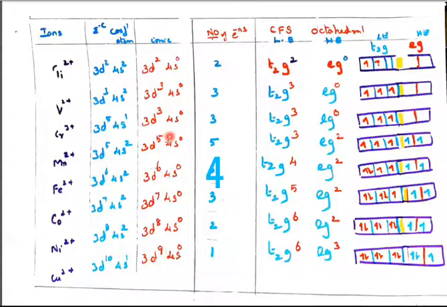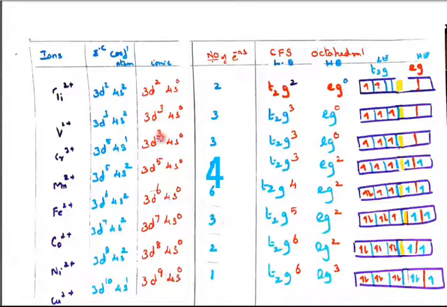So up to 5 you should fill 1 electron in each box. The number of unpaired electrons is 2, 3, 3, 5. Then here the number of unpaired electrons is 4, here 3, here 2, here 1. So these are the unpaired electrons according to crystal field theory. After manganese it gradually decreases. It comes as 2, 3, 3, 5 and 4, 3, 2, 1.